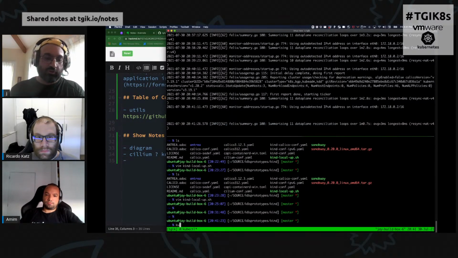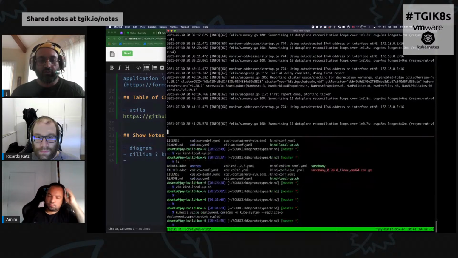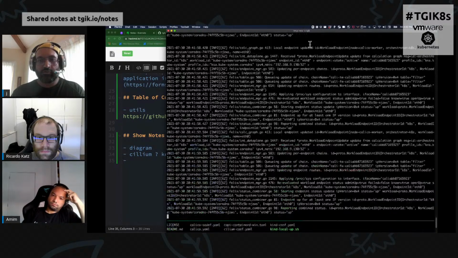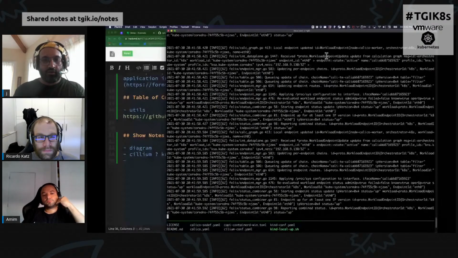So if we do kubectl scale deployment coredns -n kube-system --replicas=5. If I scale this up, we're going to see Felix doing a bunch of stuff. So here's what it does. It does local endpoint updated, ID workload endpoint, calico worker. Okay, let's go look at all this stuff. So now this is where